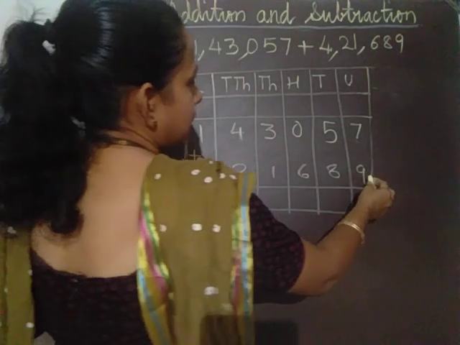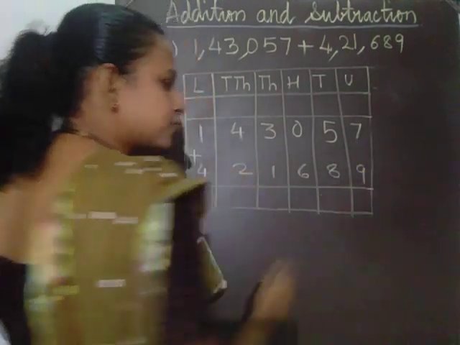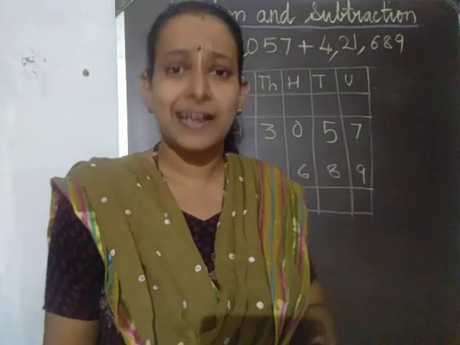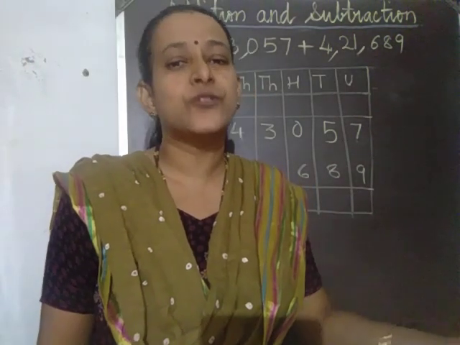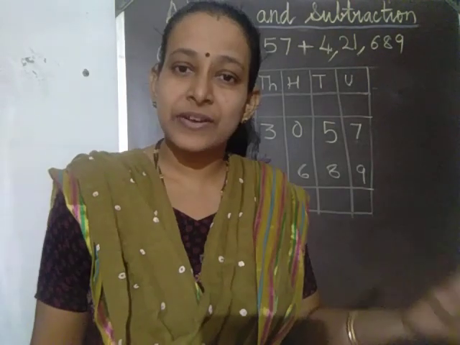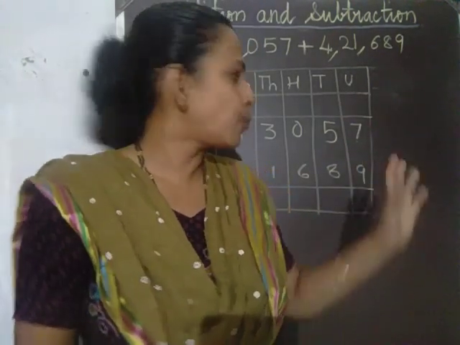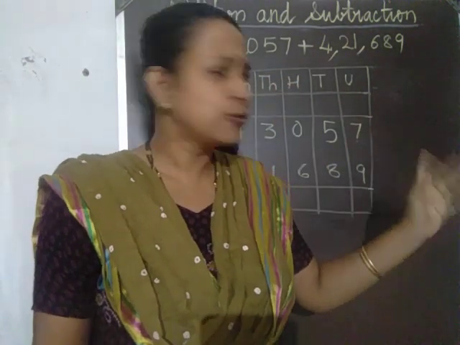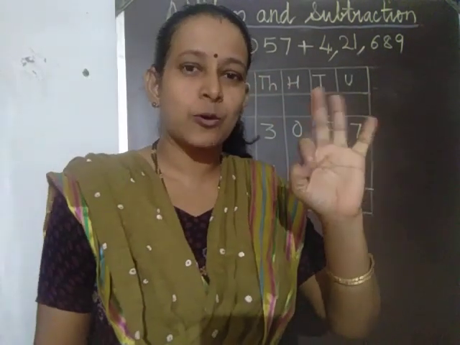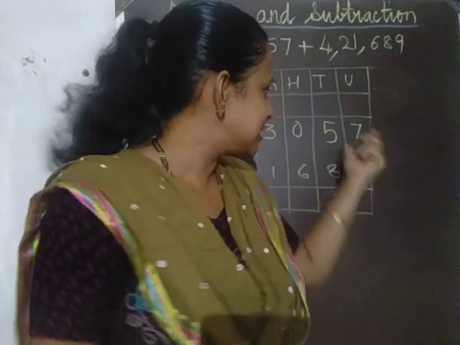Now you will be knowing what is the addition of 9 plus 7, and you should always have certain combinations ready, like 9 plus 5 is how much, 9 plus 4 is how much, 9 plus 3 is equal to how much, 9 plus 2, 9 plus 7, 9 plus 6. So you should learn all these combinations by heart. Once it is fit here, nobody can take it from you. Now no counting of fingers. It should be on the tip of your tongue, all these calculations.